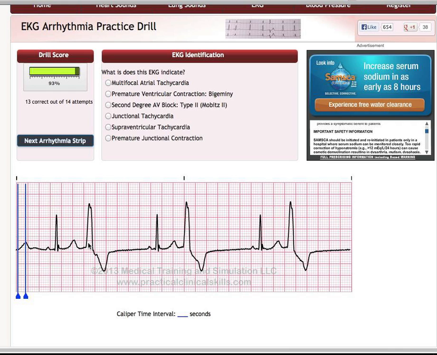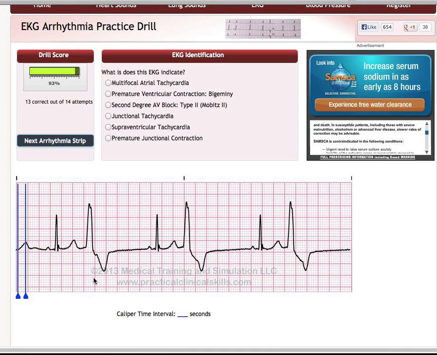So this is what they call a premature ventricular contraction. So it's a PVC, and everybody has PVCs, it's normal. It's kind of what you get when you have that little thump in your heart. You feel your heart skip a beat. That's a PVC. Okay, so now we need to determine whether or not a PVC here is called a